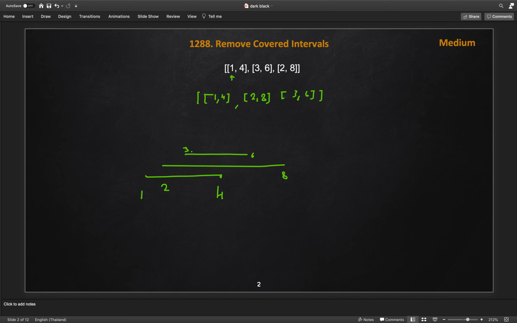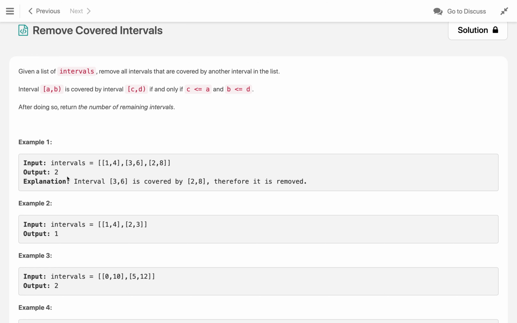If you see, this interval 3 to 6 is totally covered by 2 to 8. So we can remove this interval 3 to 6. Hence, after removing, we are left with only 2 intervals: one is 1 to 4, second is 2 to 8. So the answer is 2.